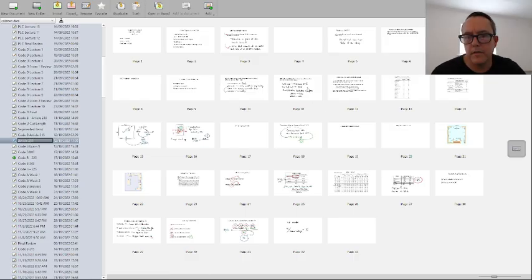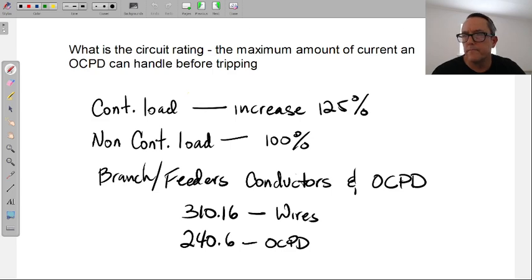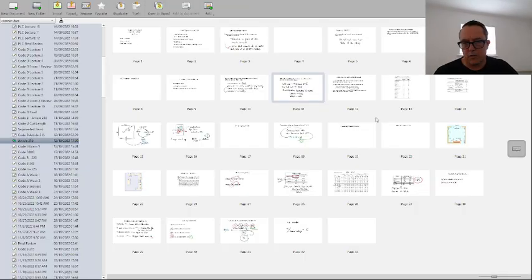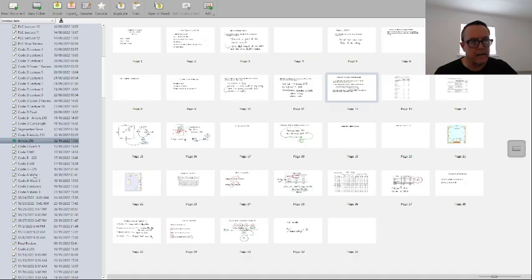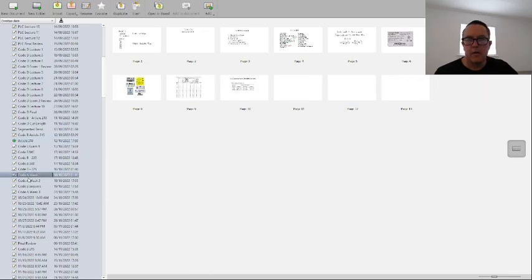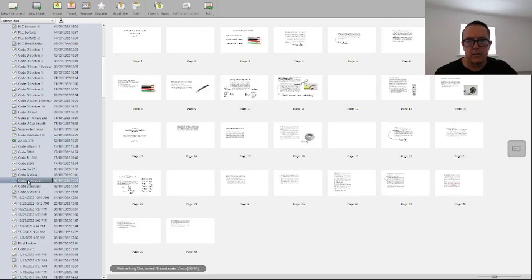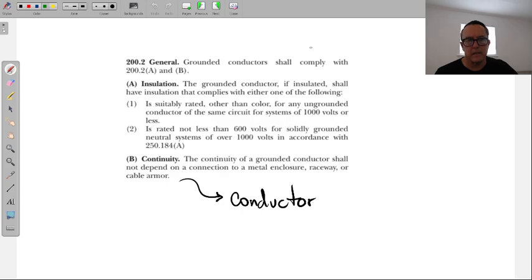Let's see which article this is coming from. The exact article number is escaping me. I will get us that exact article. But it comes out at 210. I thought it was 310. No, it's not a 310, I don't believe. It's either Article 110. Yeah, because I'm almost 100% sure I did it with the Code A class recently.